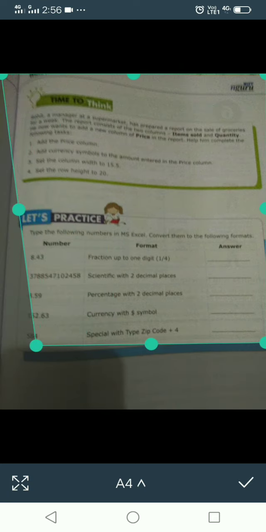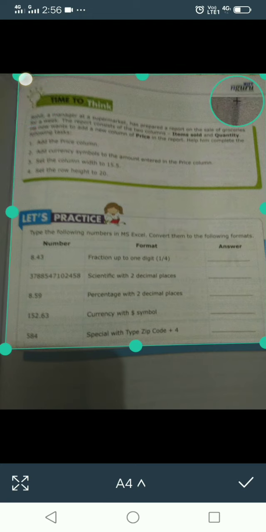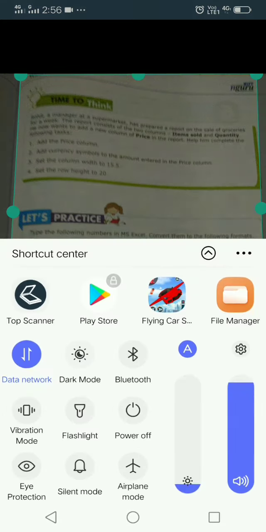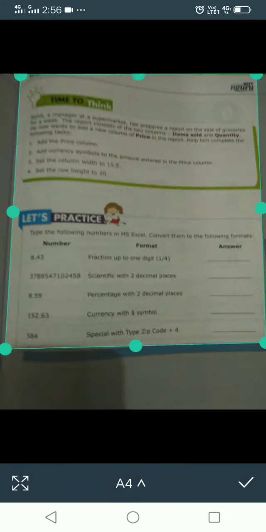So now it is asking to crop your image. You can set it according to your wish. Basically this is the crop option. Crop means you can set your image as you like, and you can delete the part of the image which you feel is not required.